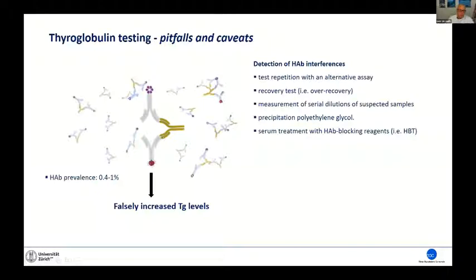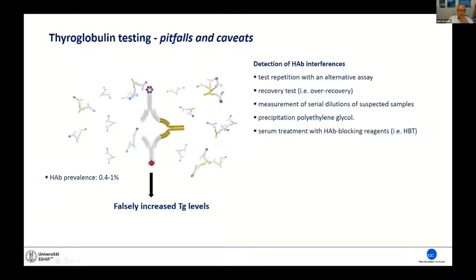And this, of course, may falsely increase thyroglobulin levels. The prevalence is very low, 0.4 to 1%, and so there is no reason to screen for the presence of heterophilic antibodies, but it may be useful to have in mind this possibility in patients with unexplained